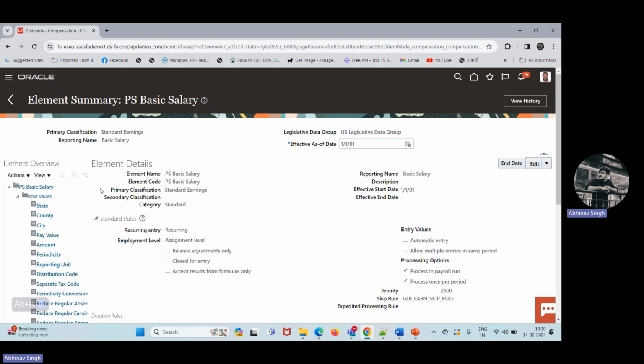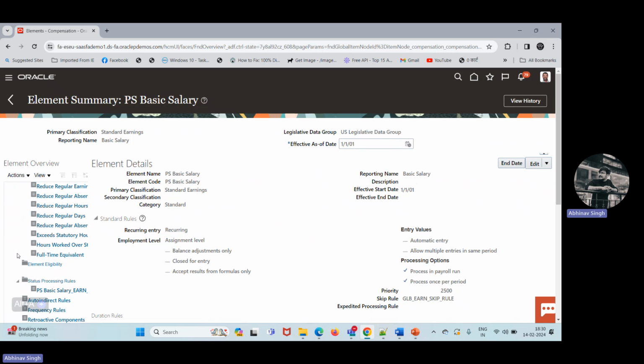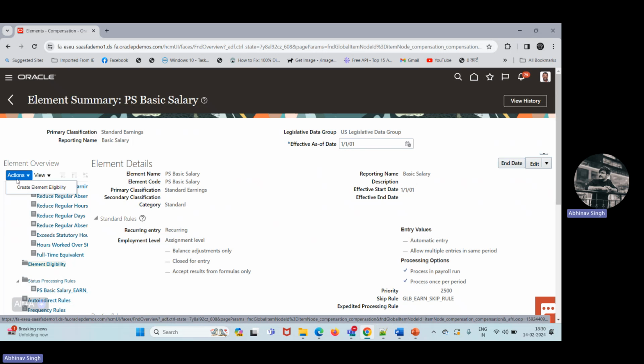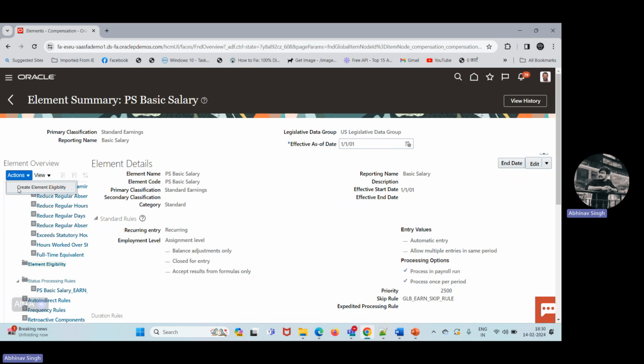If you look at the left side, it says element overview. Here you can see a folder-like structure. If you scroll a little bit down, you can see this element eligibility. So I'll click on that and in this action drop down, I'll see the create element eligibility option. So I'll click on this